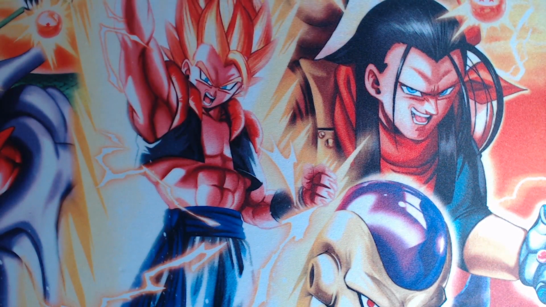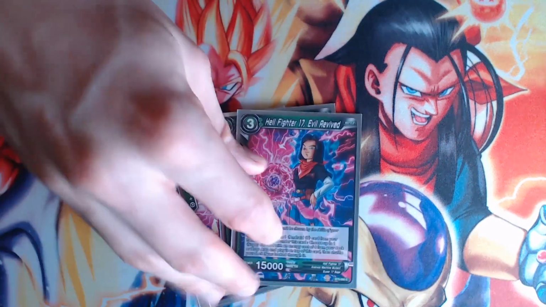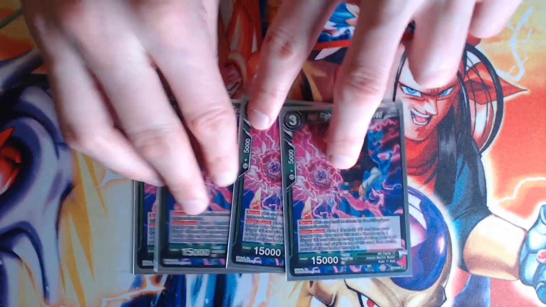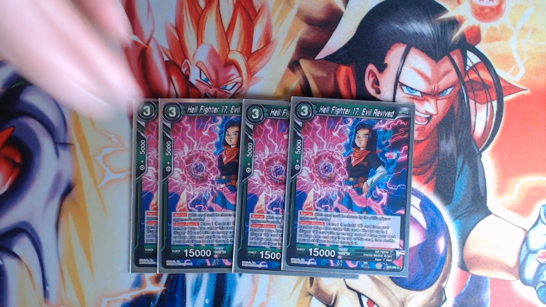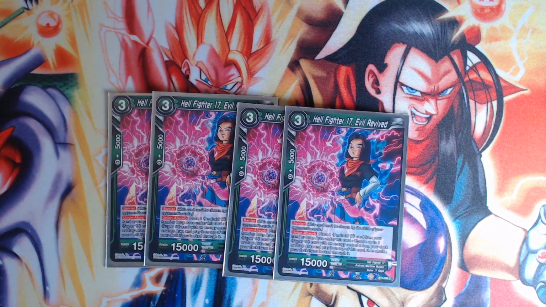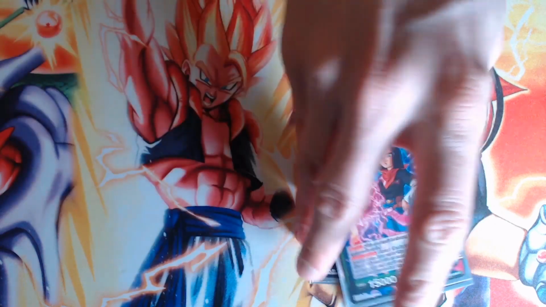So for the big part of the deck, we run 4 Hellfighter 17s. Evil Revive. These have barrier. These are the big card that we want to see in our hand, because this starts our Union Absorb chain. With this card, you can activate Union Absorb, place 1 Android 17 from your hand or your drop underneath this card, and then you choose 1 Super 17 from your drop or your deck for cost and place it on top of this card. Any of your Super 17s, which we run a total of 4 of,